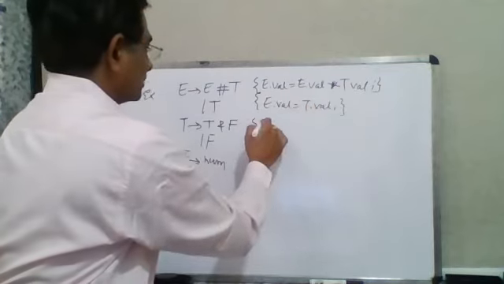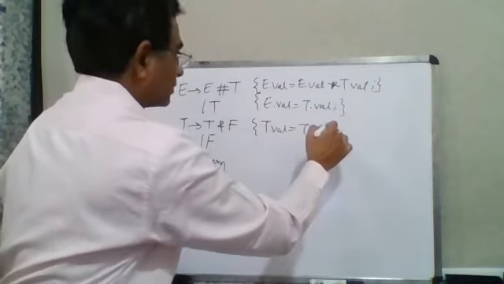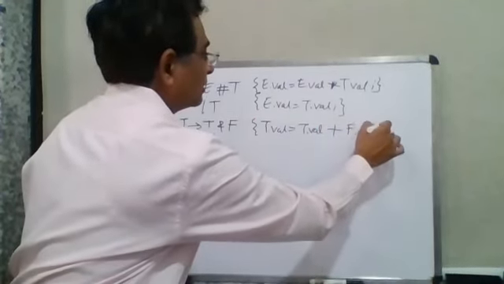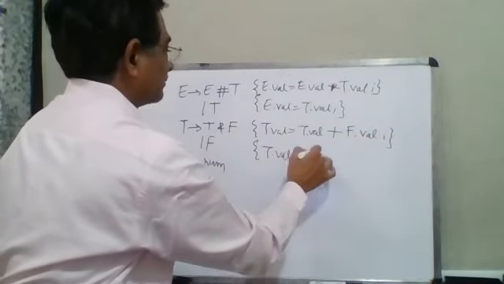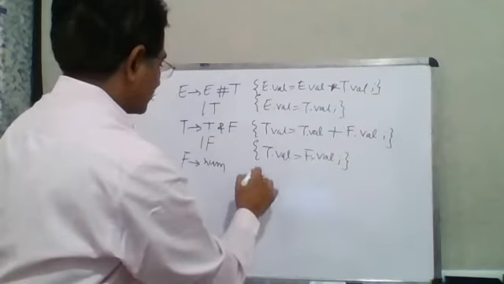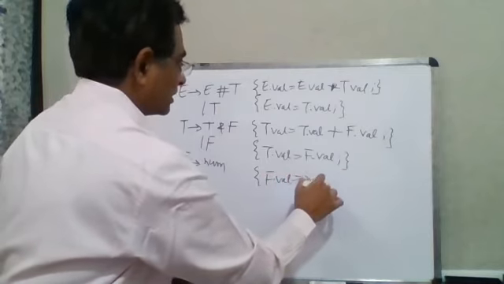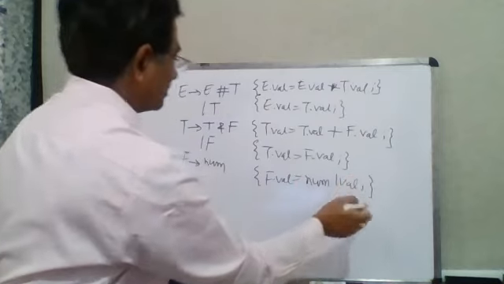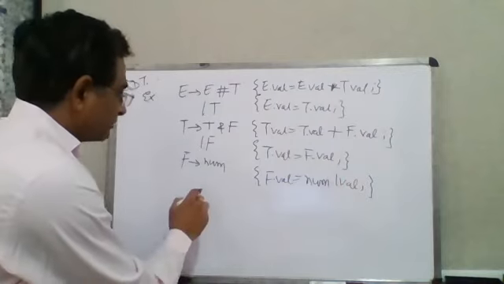Then T dot val is equal to T dot val, and for ampersand there is a plus operation, so F dot val, and then semicolon, and T dot val is equal to F dot val. Okay. Then this F dot val is equal to number dot lexval, the lexical value. So whatever the value is there, that value will be directly given to F. So now the question is, if I'm giving you